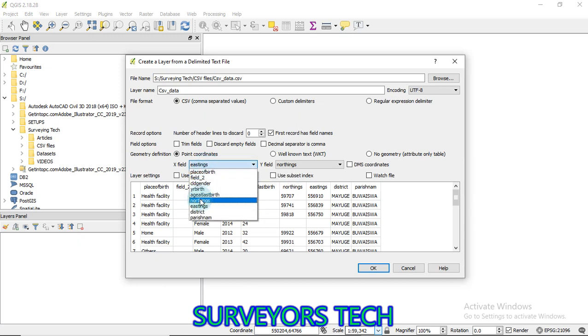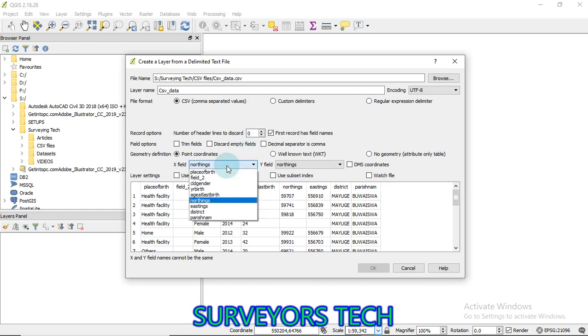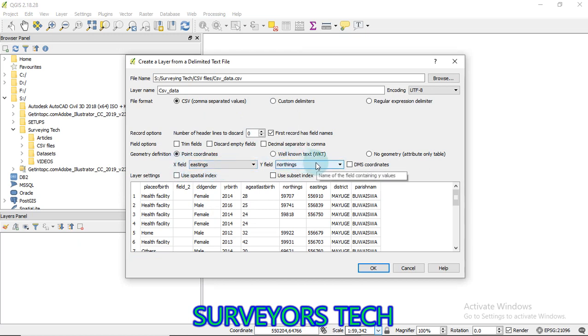You may find it is in the northings one, so you have to be very keen and select the fields accordingly. X represents easting, Y represents northing. After that, we can say okay.